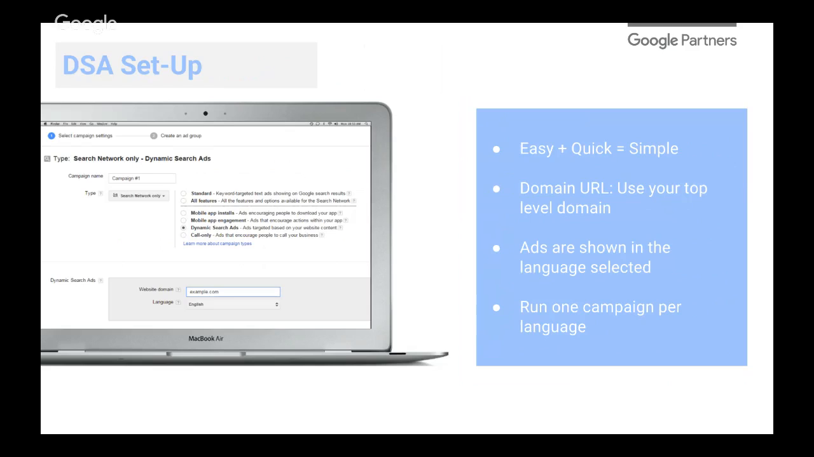It's super simple. So you go in, you create a normal search campaign as new. What you're going to do is specify your domain URL, top level domain. So what is that? Say